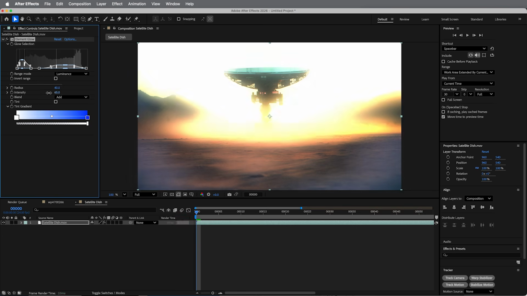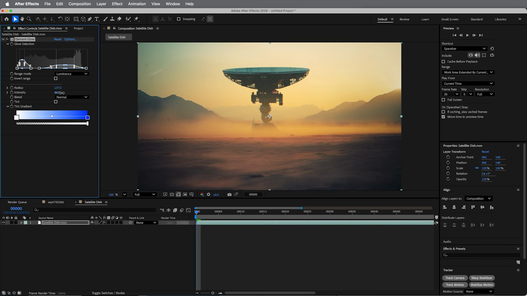We can bring down the intensity, bring up the radius, and then we can also change the blend modes. There's a few different options. Add makes things very, very additive and glowy. Screen is a lot lighter. It's good for more of a haze. Normal is going to be more of just your blur on top of it. And then we can do the same thing, which does that underneath the selection. This is not the best piece of footage for it, but